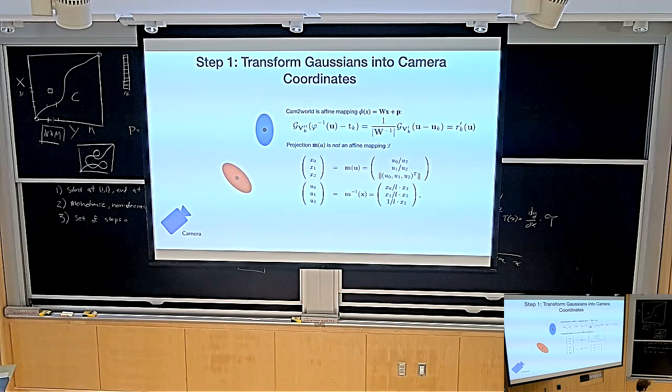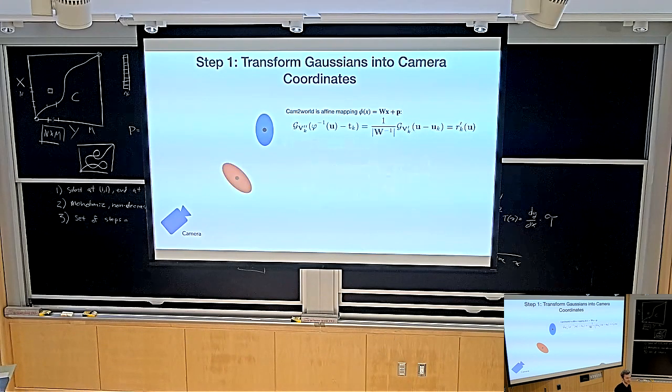Now, what would be the next step if we wanted to render? We did the first thing, we transform into camera coordinates, and then what do you do next? You project it onto the image plane, right? So the next thing we're going to do is compute the projection. We have all of the Gaussians in camera coordinate space. Now we're interested in the footprint of each of these Gaussians on the image plane. So we're going to project each of the Gaussians.